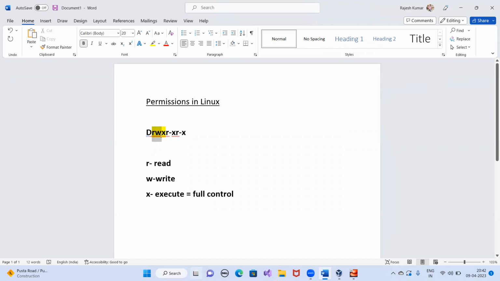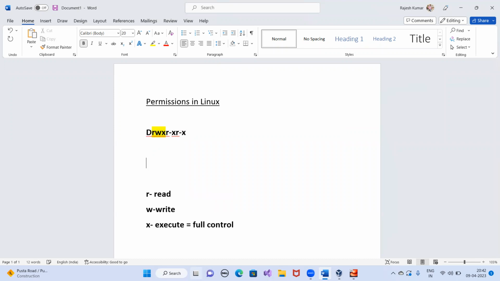This first three-character portion belongs to the root and owner of the directory. The root means the super administrator, because he is the owner, so he will have full permission on any file and folder. And what is the owner of a directory?